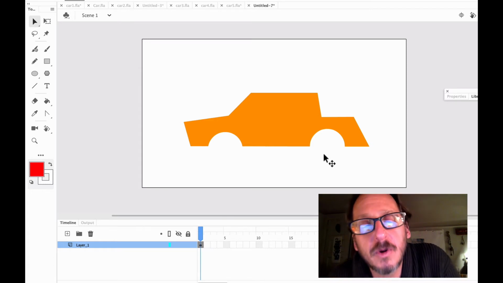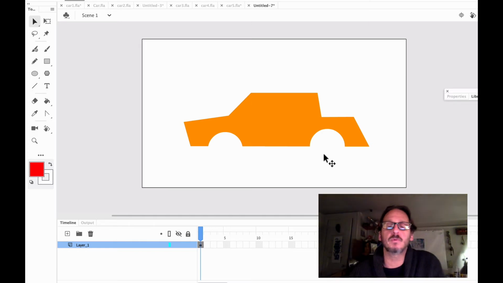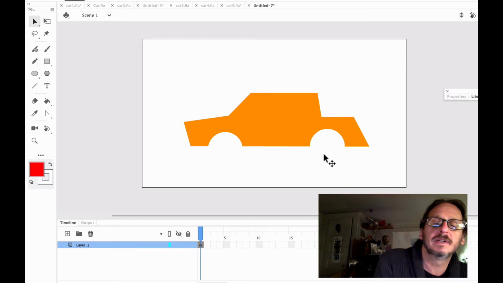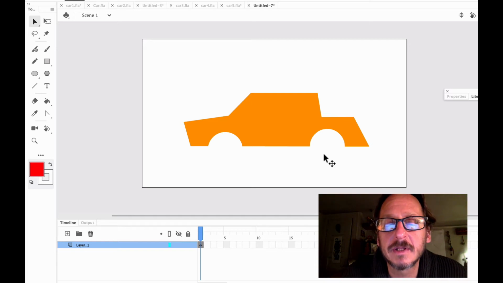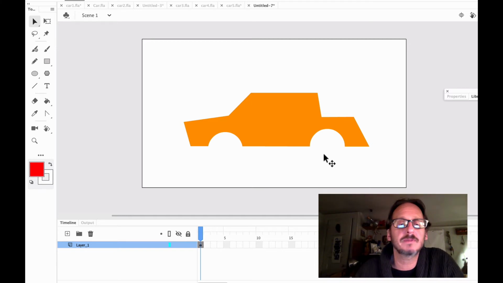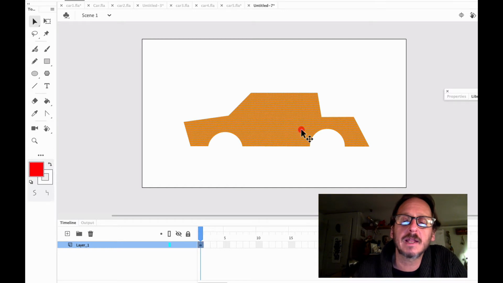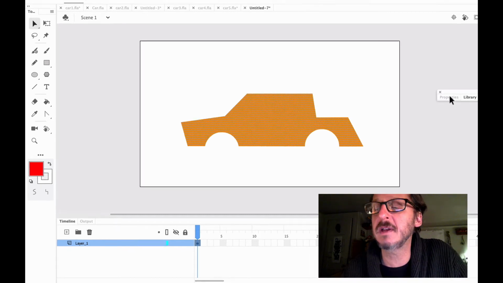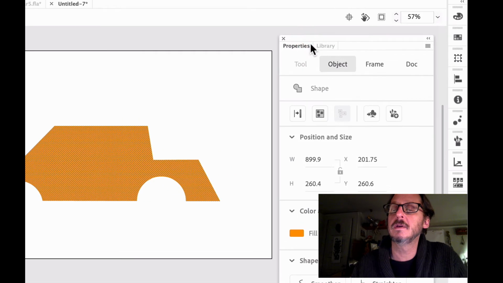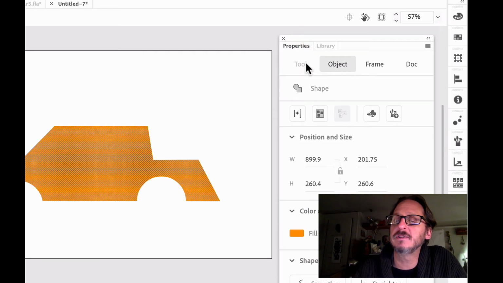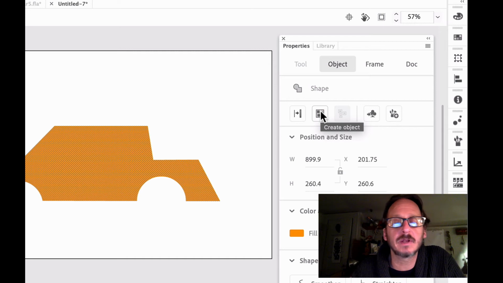Now at this point, I don't want this car touched. I'm going to put windows on top of it and wheels underneath it, but I'm not going to be changing its ultimate shape. This shape is exactly what I'm after. So I'm going to try something new that I haven't discussed with you before. I'd like you to select the car, and it should only take one click unless you've gotten very decorative. And I want you to get to your Properties palette. This Properties palette has several tabs in this version of Animate, and I want you to go to the one called Object. This button here creates an object. In other words, it acts like one solid piece that isn't really there for this kind of merge behavior.